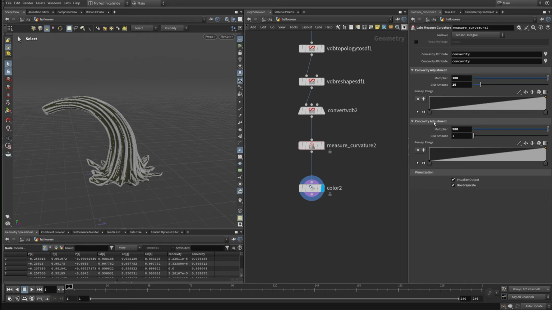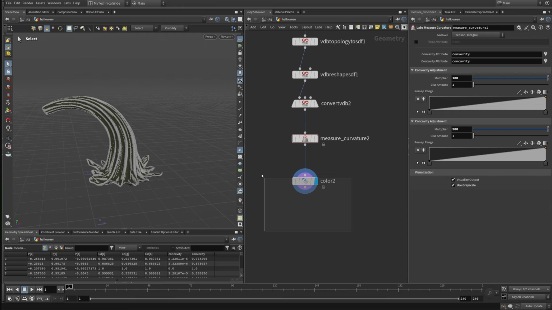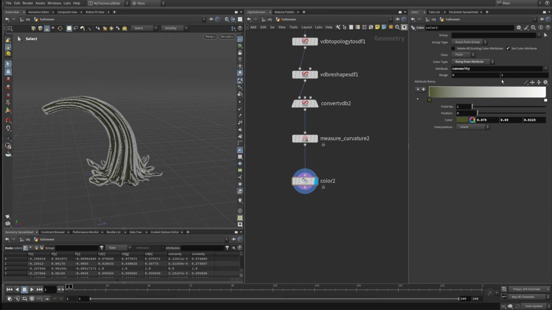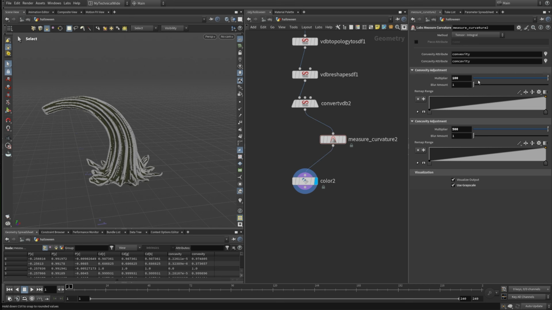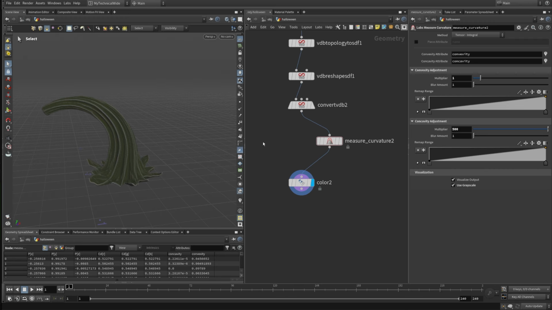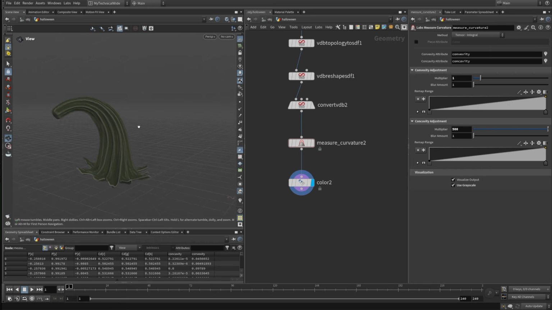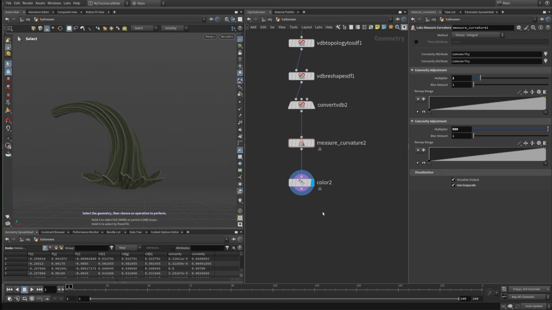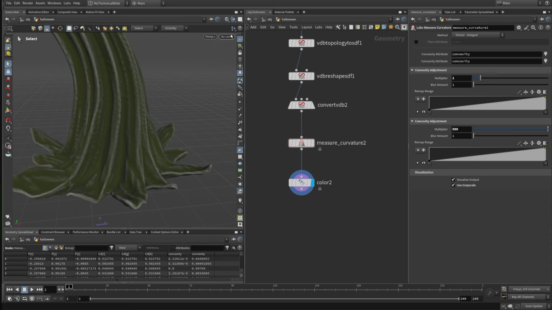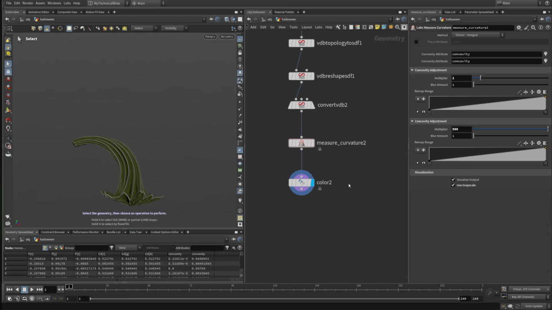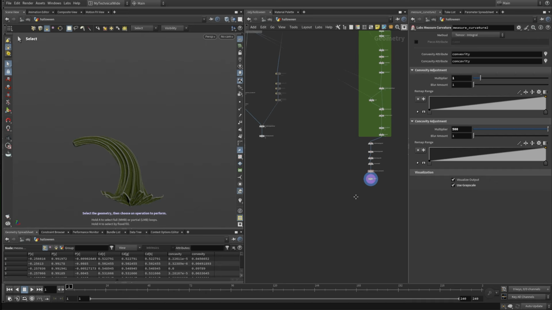Okay, so now let's play with the convexity. Maybe that was too much, 101. We can also play with this value. Okay, so for some reason this doesn't want to. 1. Okay, so maybe for my original I used 1000, but for this one, just using 1 is fine. So this is good. Again, feel free to color it any way you like. I'm gonna stick to this one, and then we can now merge